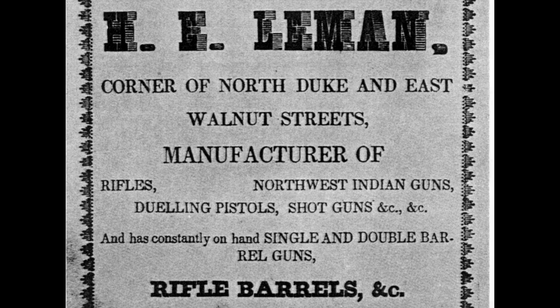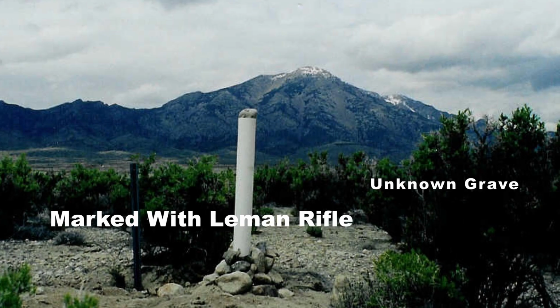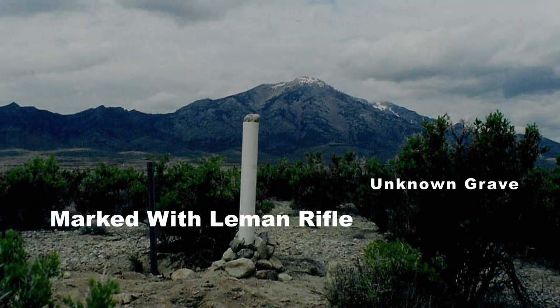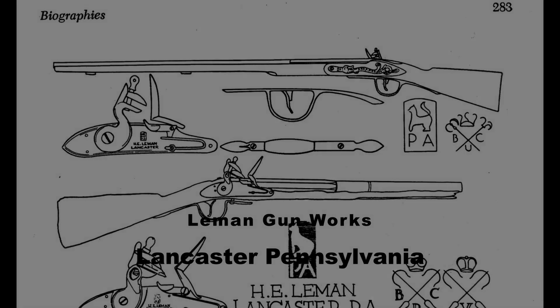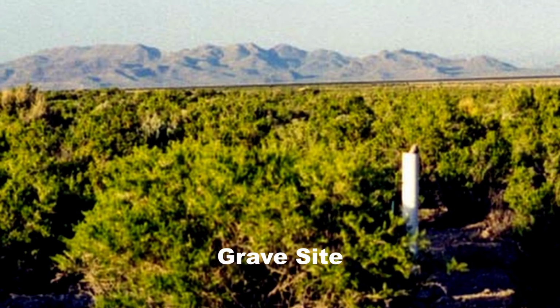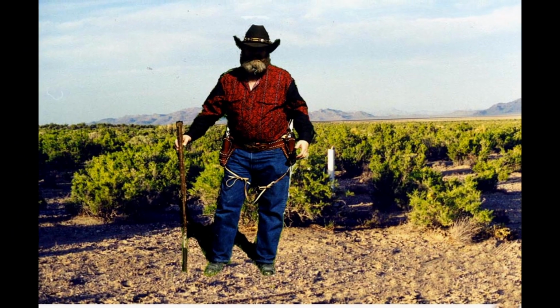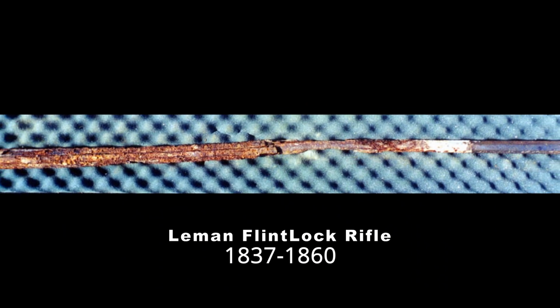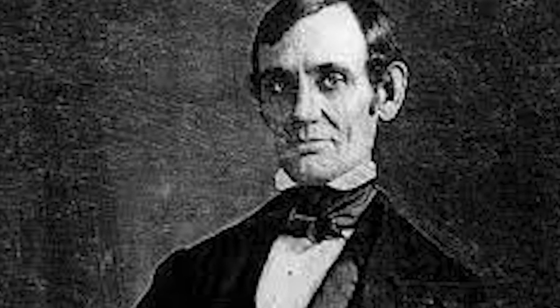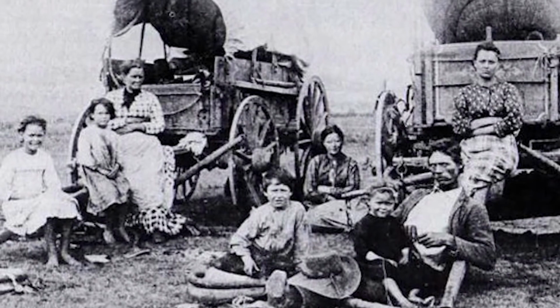When we reached Pilot Peak, we found a barrel sticking out of the ground right near Pilot Peak, and we took it and had it analyzed, and it was made by Lehman Gun Works out of Lancaster, Pennsylvania. We marked the site, and then we started to dig it and realized it was a grave site, and this flintlock rifle was made between 1837 and 1860. So we did not dig up the grave. We left it as is and